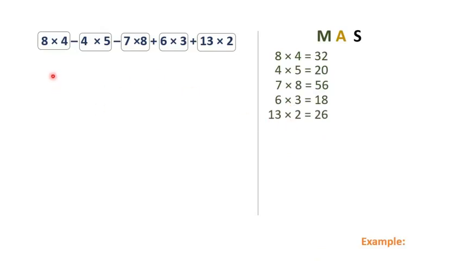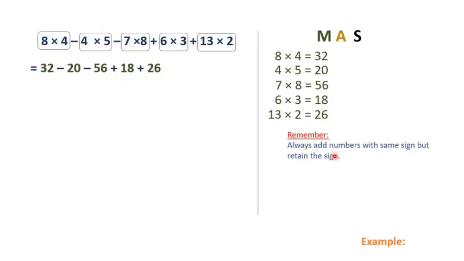So here we will write the product of each multiplication sum. 32, where the 2 was minus sign, 4 5s are 20, minus 7 8s are 56, plus 6 3s are 18, plus 13 2s are 26. We are done with the multiplication. The next order is addition. So here you can see the addition sign, minus 56 plus 18. You cannot add. So let us first of all, children,